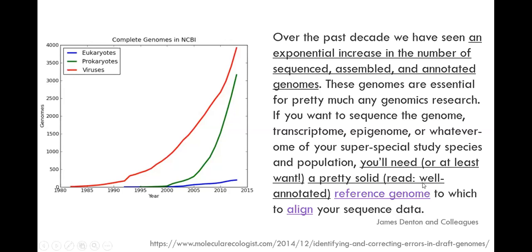But if you already have a reference genome, your job will be easy because you're looking at huge data and huge comparative studies. For example, the human genome. If I want my genome sequence, or your genome sequence, you can sequence it in one or two days, paying $1,000 to $2,000. You can analyze the data compared to the reference human genome already available, and then deduce whatever other outputs you want to study. That is one of the best things. If you have a reference genome, your life will be smooth.